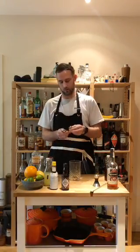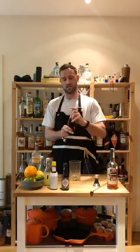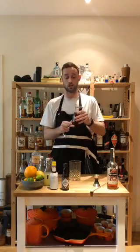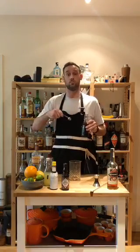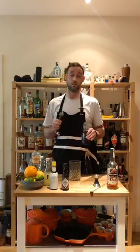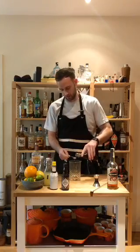So the next thing I want to put in my old-fashioned is going to be 5 milliliters or 1 teaspoon of Demerara syrup. Now this Demerara syrup, really simple to make. Get some Demerara sugar. And by volume, you want 2 parts sugar to 1 part water. So in here, I think I've got 100 ml of water, 200 grams of sugar, and just stir those down in a hot pan until you're left with a really viscous syrup. So Demerara syrup is just 2 parts sugar to 1 part water by volume. Adding 5 ml of